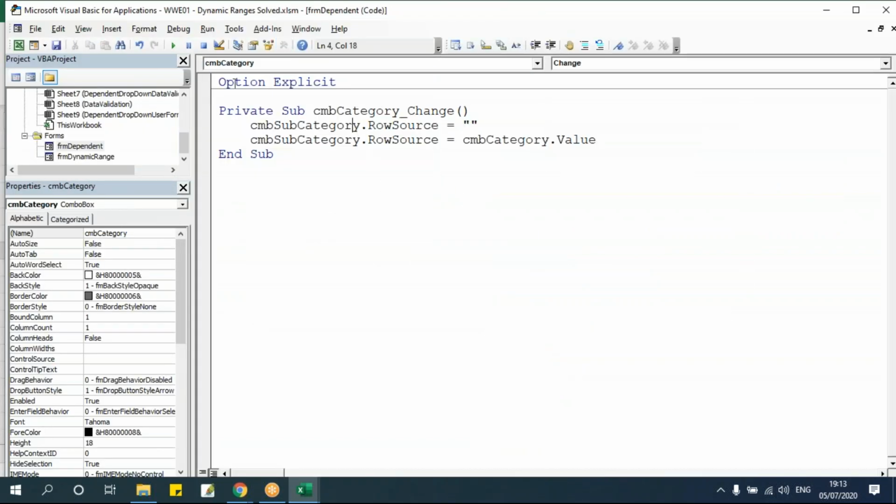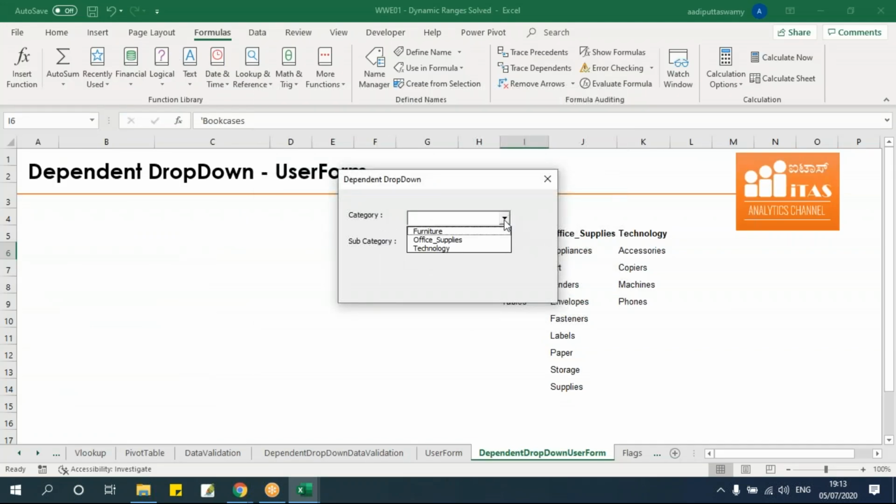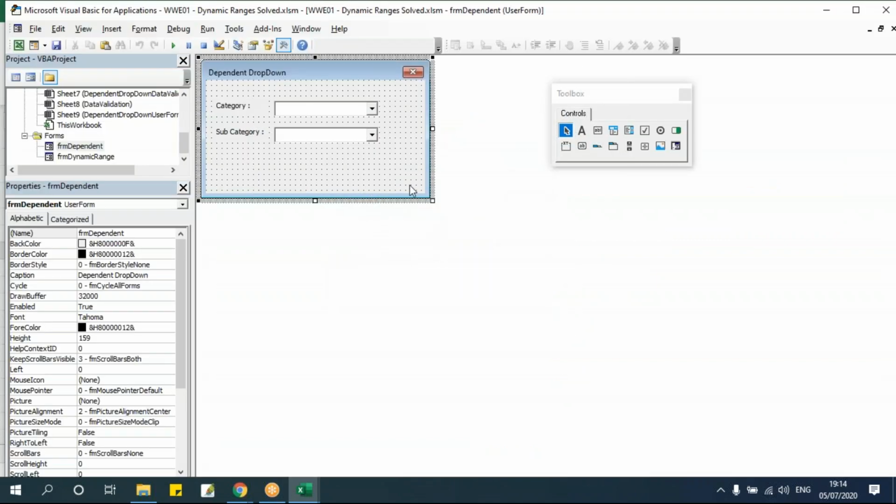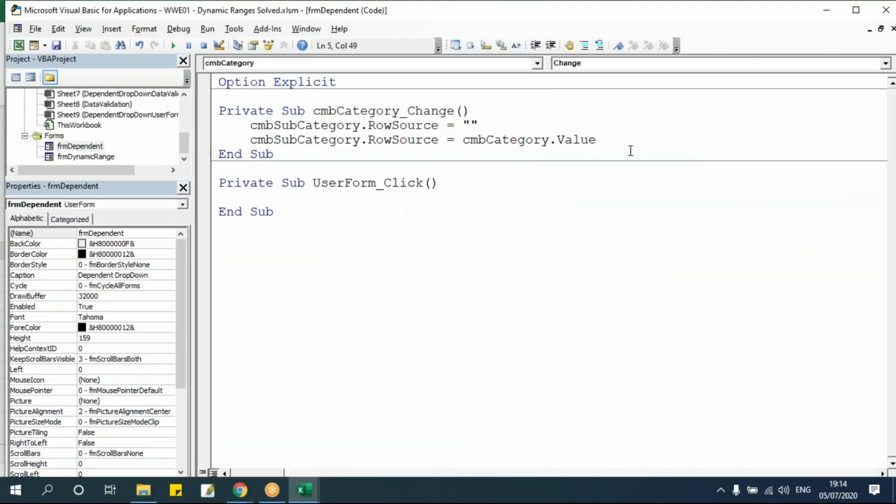Let's go here. Now you can see that when I load this, say furniture, and if I select some item in this list, and when I go here and say office supplies, it still shows that, say tables. Now when I click on this, then only this will get updated. So to avoid this, what I can do is, you go here, I'll say